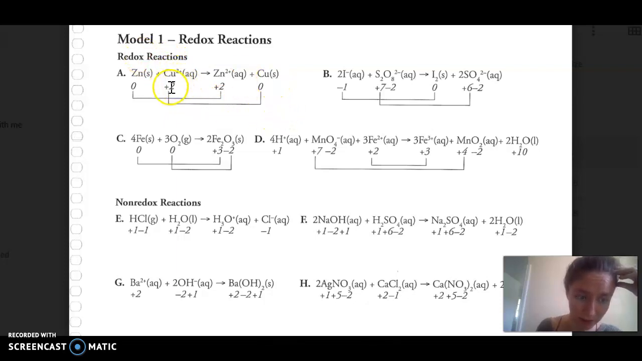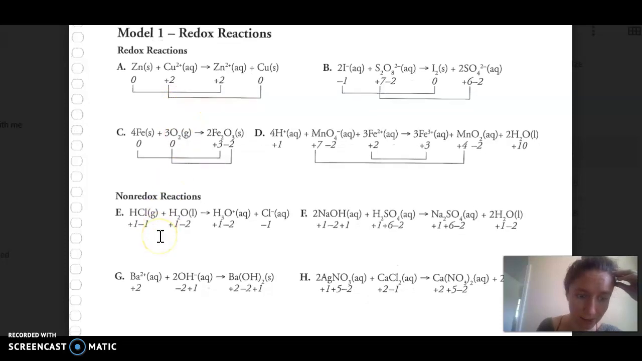This number, the oxidation number, is going down. This is different from non-redox reactions where the oxidation number doesn't change for any element from reactants to products. Fluorine stays